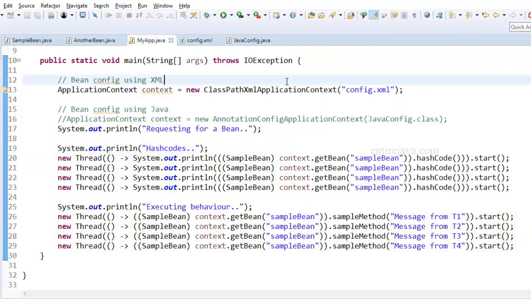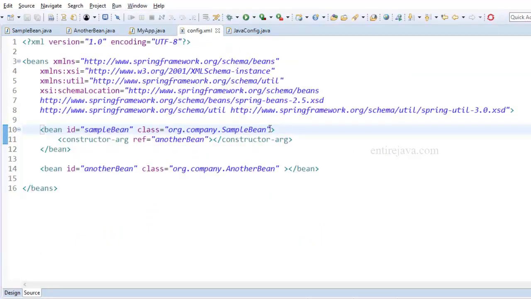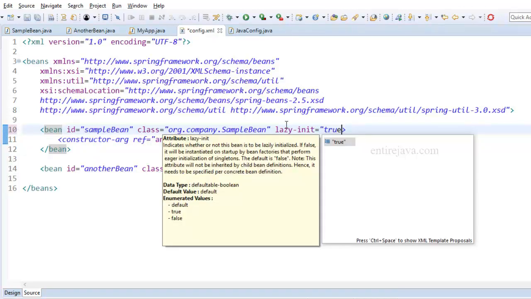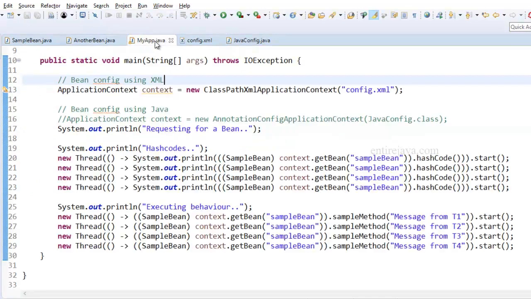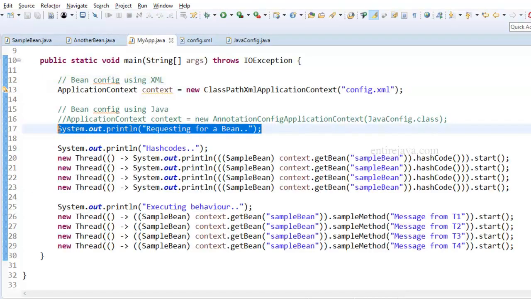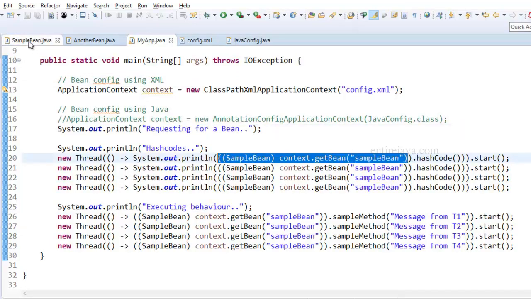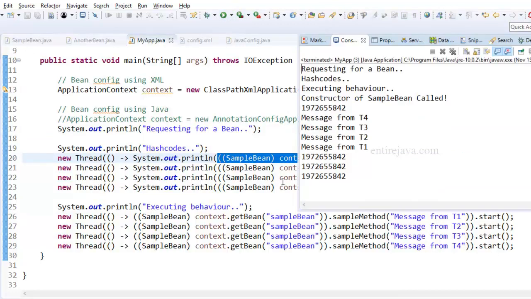If you wish, you can override the default behavior and make these beans load in lazy manner, just as we are. And for that, you just have to include one attribute that's lazy-init, and then you're going to make it true. It's as simple as that. Now let's run the program, and this time I'm expecting this message to be displayed first, and when we request for the object for the first time, the constructor would be called. And sure enough,